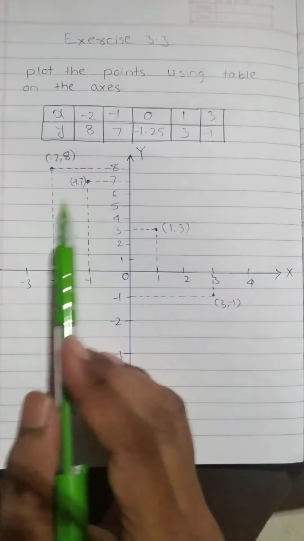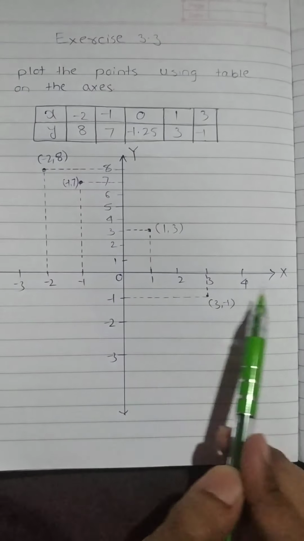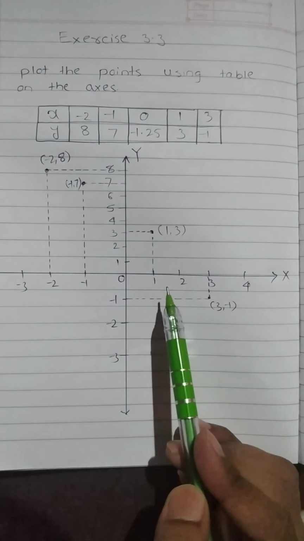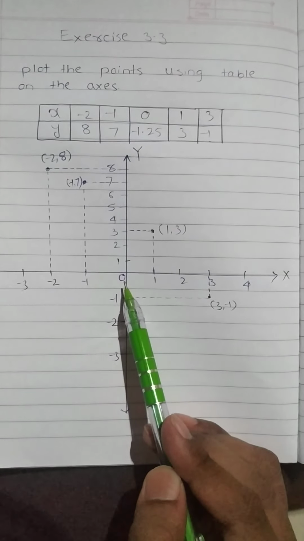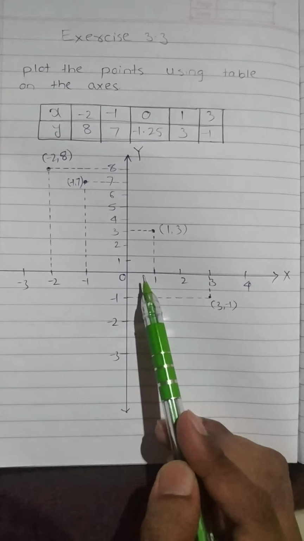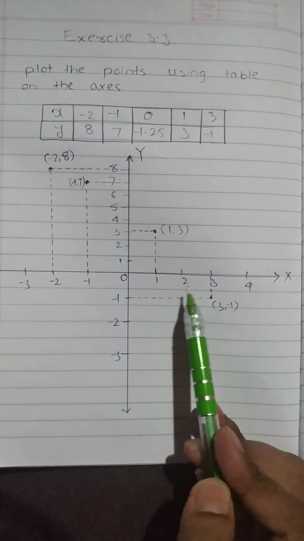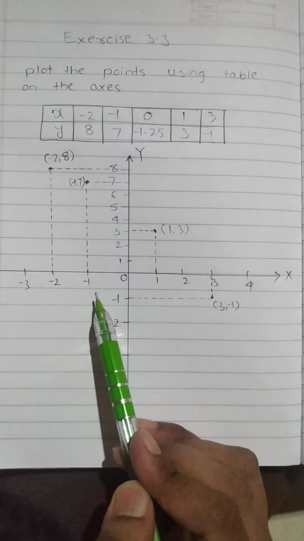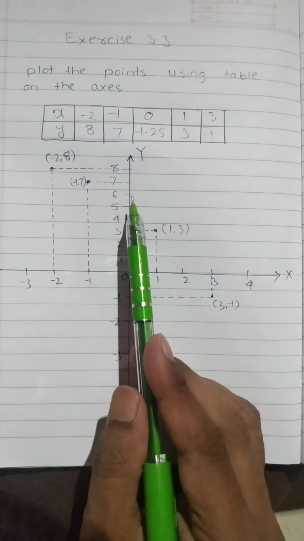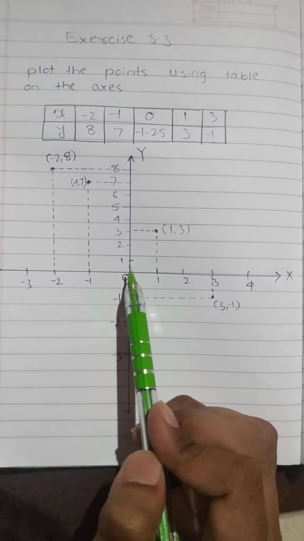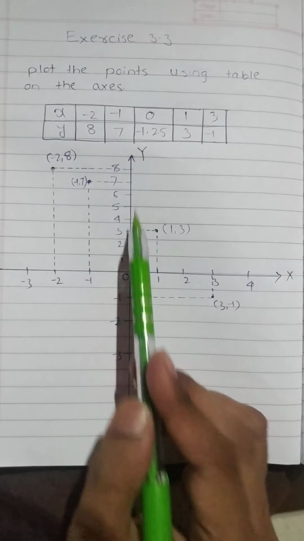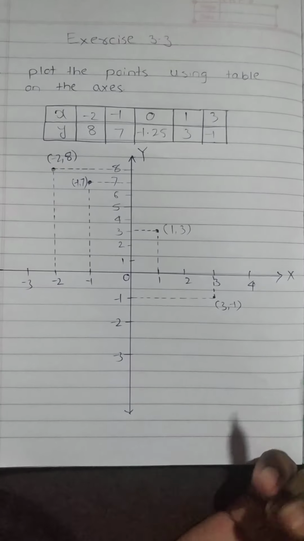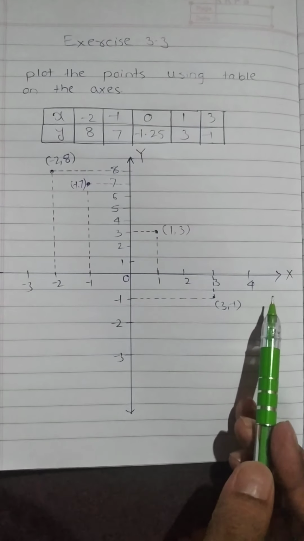So here we have, this is the x-axis and this is called the y-axis. This is 0, that is called the origin. The right side contains positive values, and the left contains the negative values. In the same way, if you observe the y-axis, it contains positive values in the upward side and negative values in the downward side. So this is known as the coordinate axis.